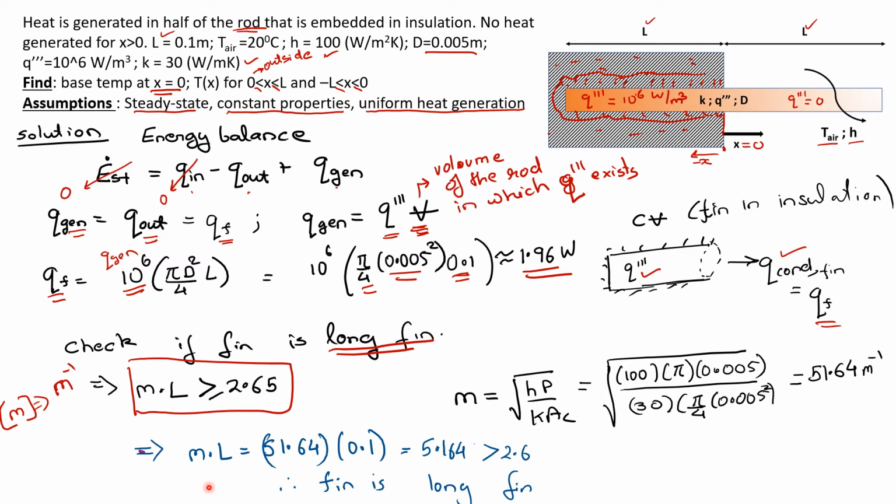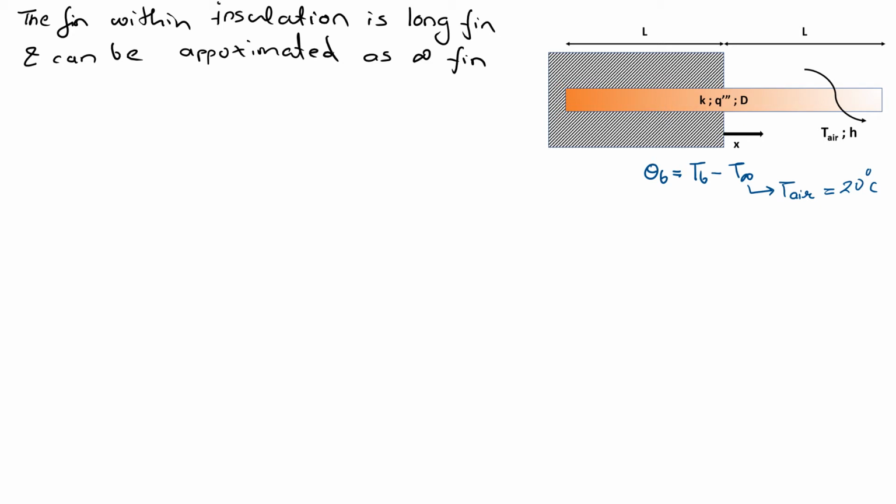Now let's see what our m times L is. So our m is 51.64, our length is 0.1 meters. So the product will be 5.164, which is definitely greater than 2.65. Therefore, we can approximate this fin to be a long fin. Okay. So now that we've proven that our fin can be approximated as a long fin,